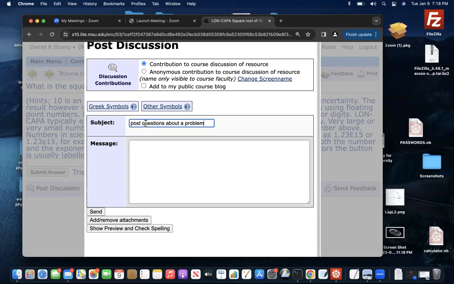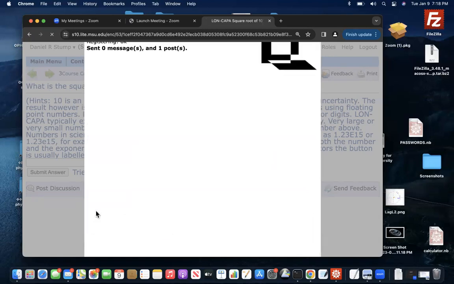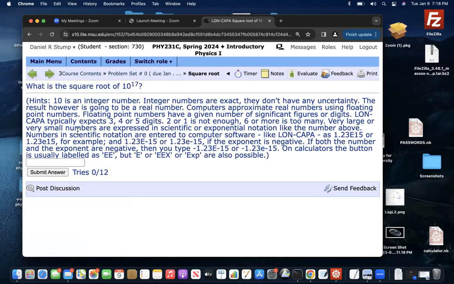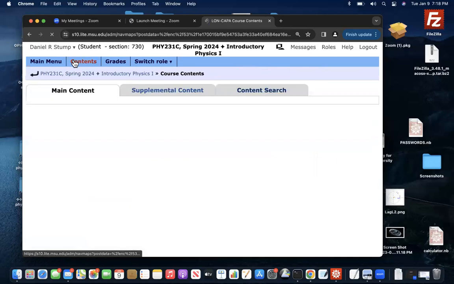Then everybody can see it. And if somebody answers it, then everybody can see the answer. So then everybody will be able to see the answer to your question. And if you have a question, be sure there'll be a lot of other people who have questions. So you send here, and then there'll be a discussion. So now if you go back to contents,